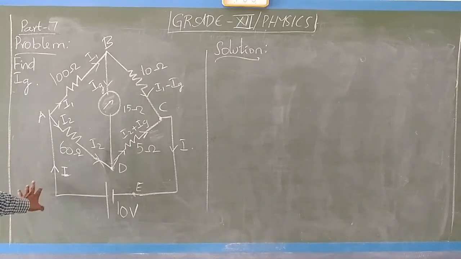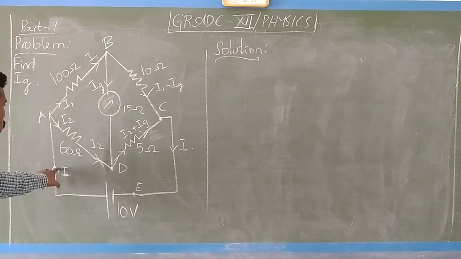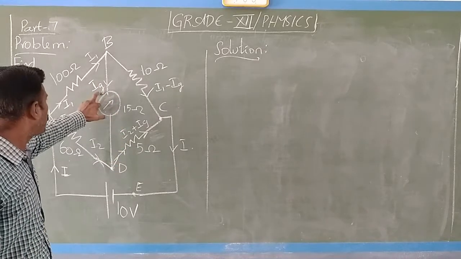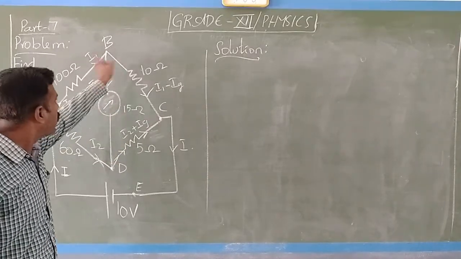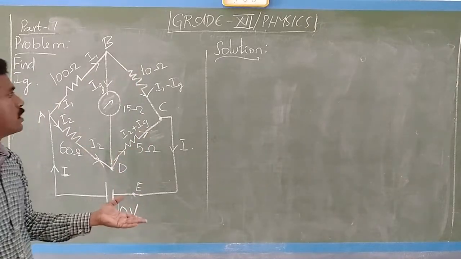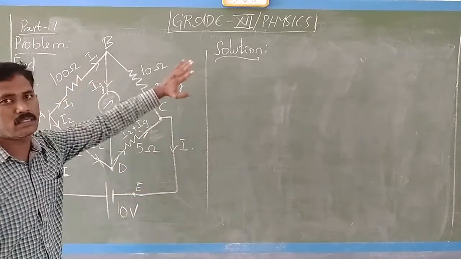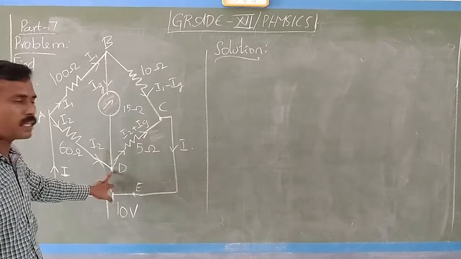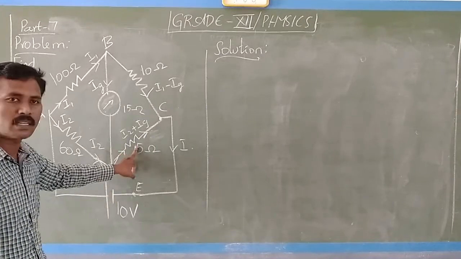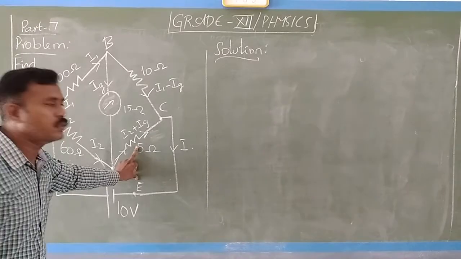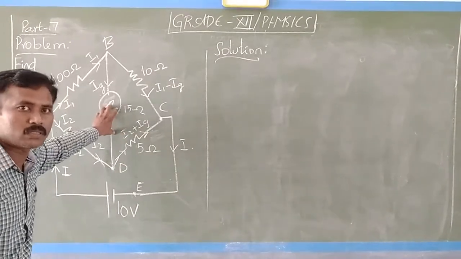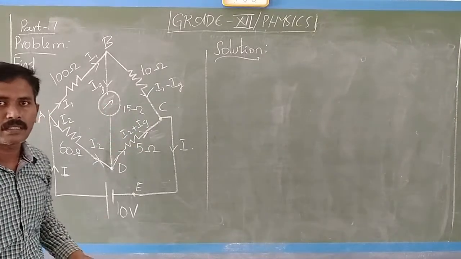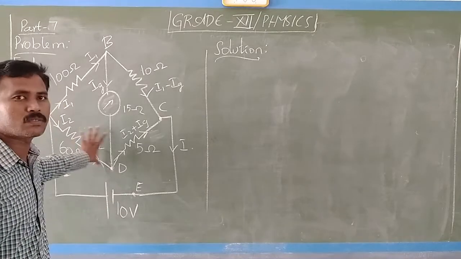So you see how the current is being split. As given in the diagram, the current I is split as I1 and I2. This I1 is again split as the current through the galvanometer IG, and here they didn't name a new variable. They have given it as I1 minus IG. That is the current flowing through this 10 ohm. And here this I2 is entering and again IG is coming here. This current is named as I2 plus IG. This is a very good example, because naming other variables will make it quite complicated. So instead you can use the same variables for the current.